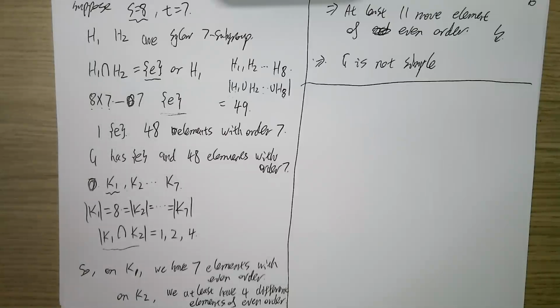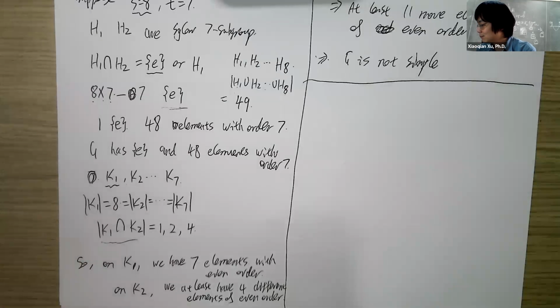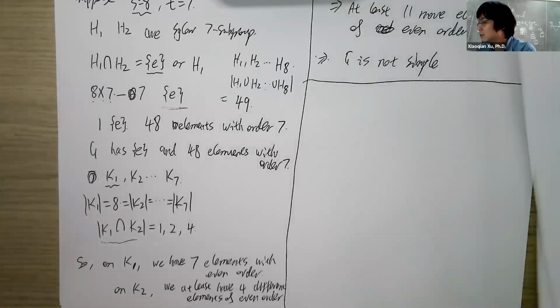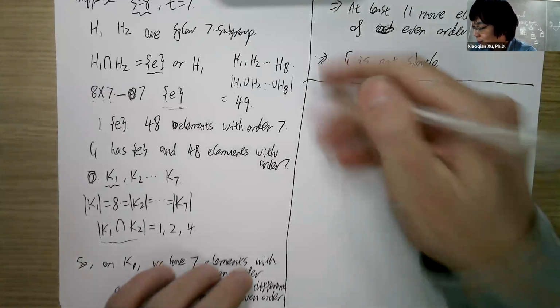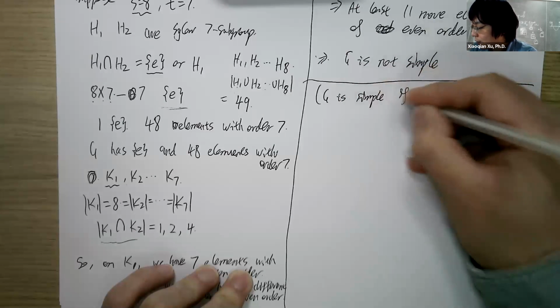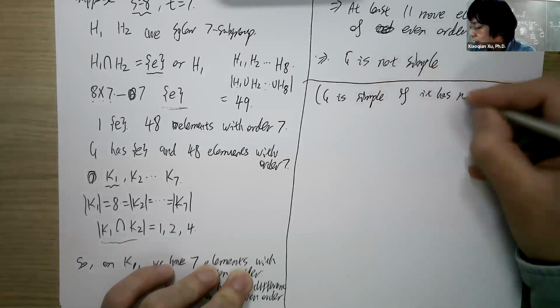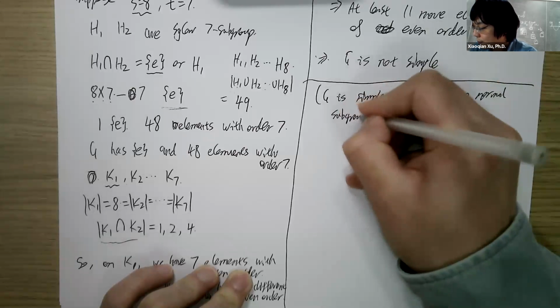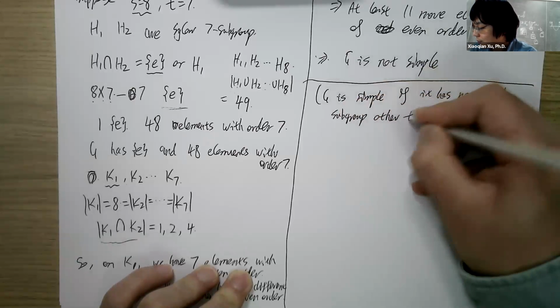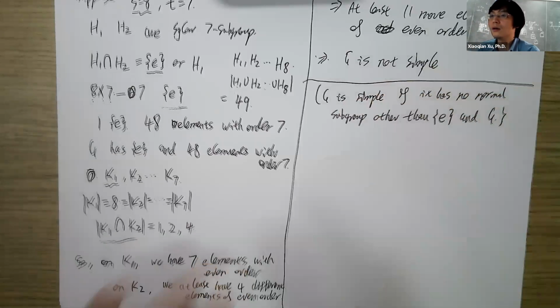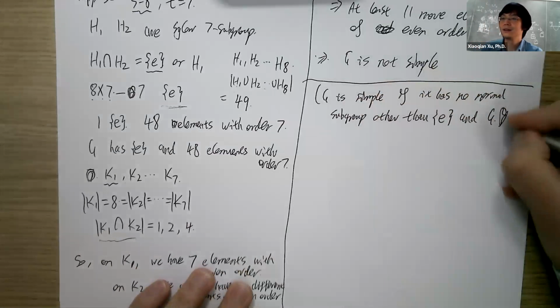Well, I just wanted to go back, because I kind of forget. We say the group is simple if G is simple if it has no normal subgroup other than E and G. More or less like well, more or less like this kind of